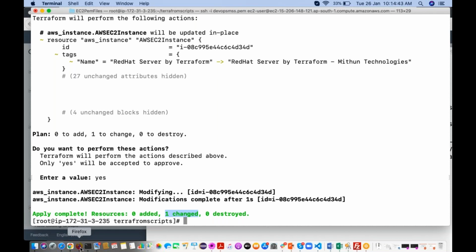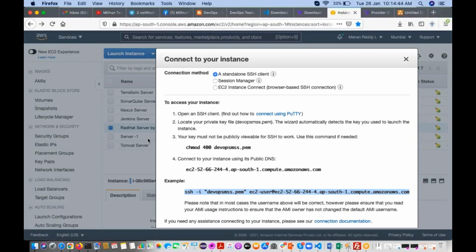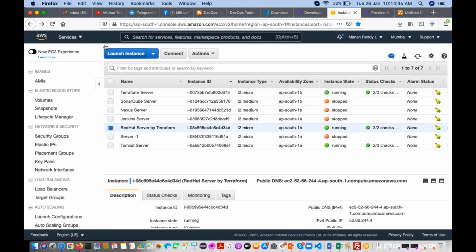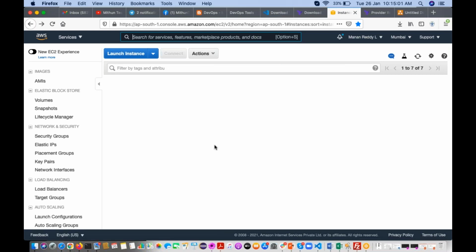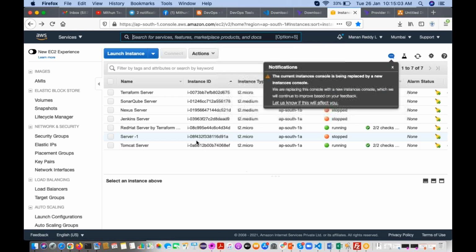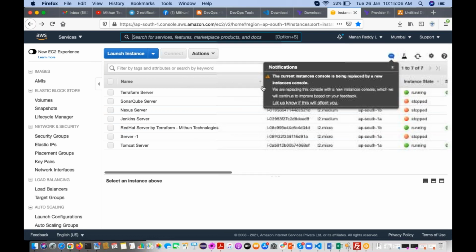Now if you go to your AWS admin console and refresh it, see whether the updated name is available or not. See, now observe, automatically this name has changed.